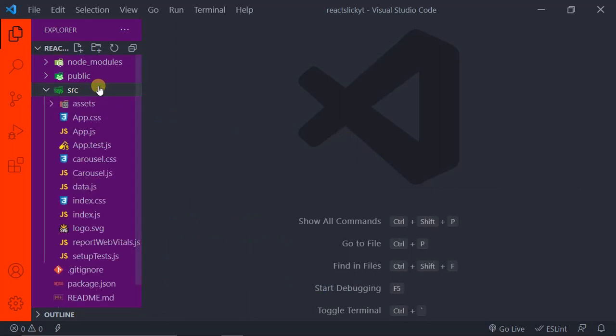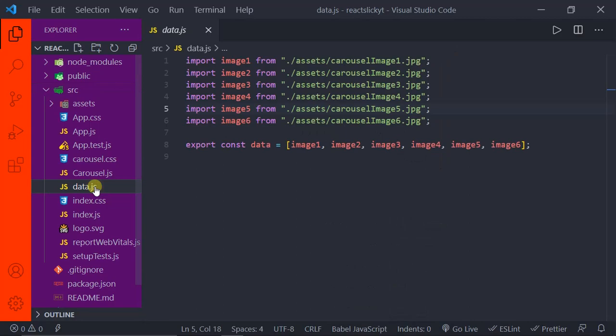And I just made a small change over here. That is, I just created a file named data.js, and what I did is I just imported all these images into this file, and I just created an array named data whose elements are these images themselves, right? And this will be useful. We'll come to this in just a couple of seconds. Okay, now